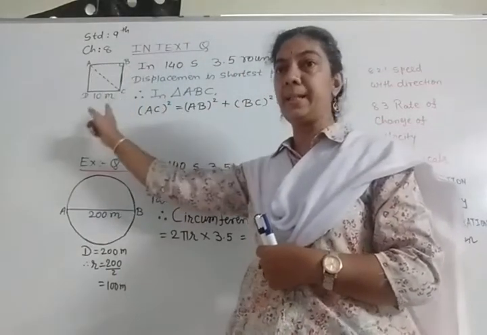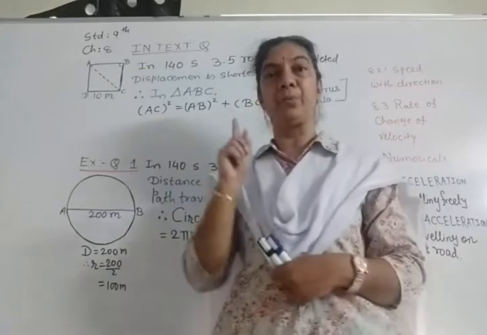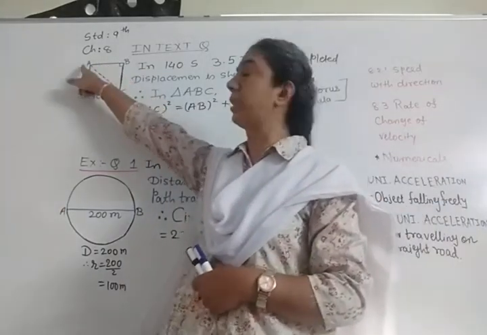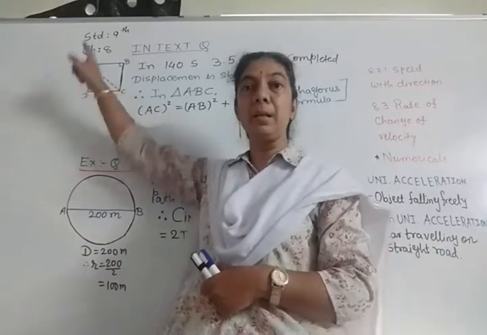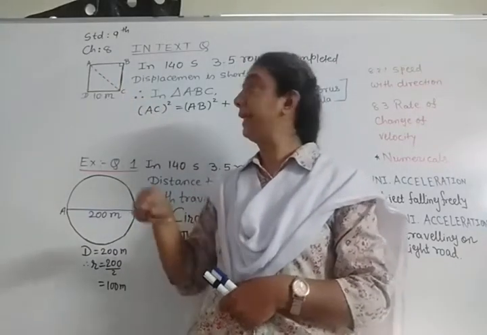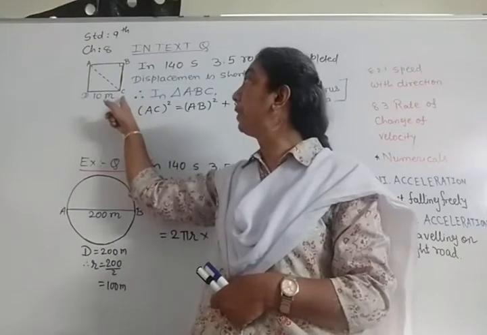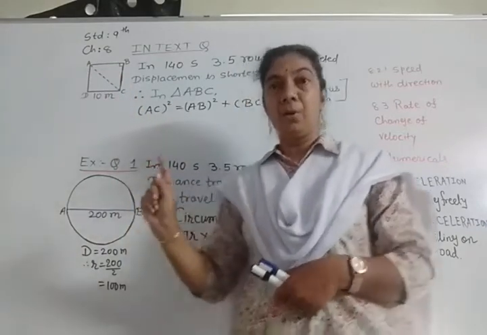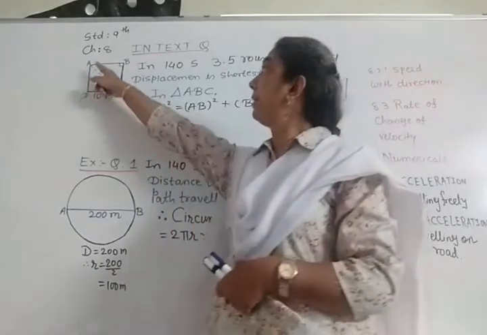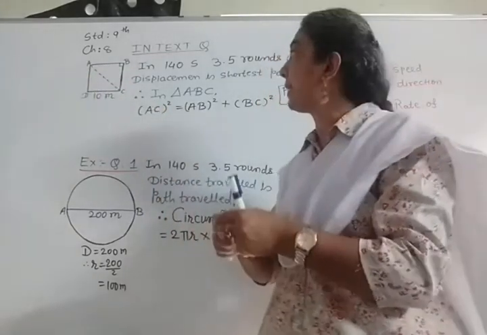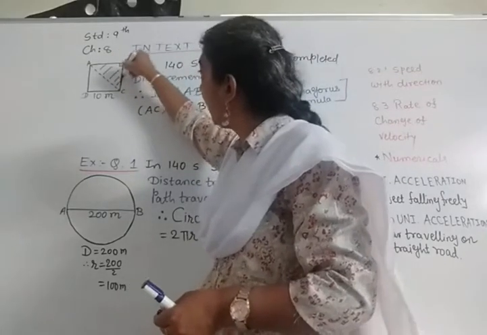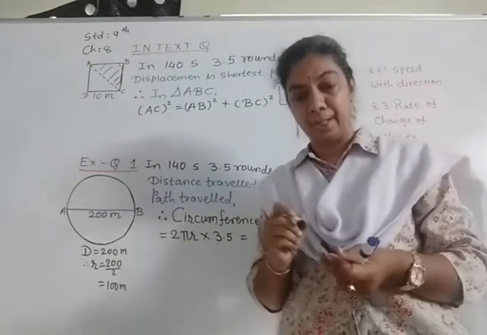B, C, D and again A is 1 round. So after completing 3 rounds, he will come back here and do another half round. And in that situation, his position will be at C. Now, you can consider this ABC part as a right angle triangle, right?